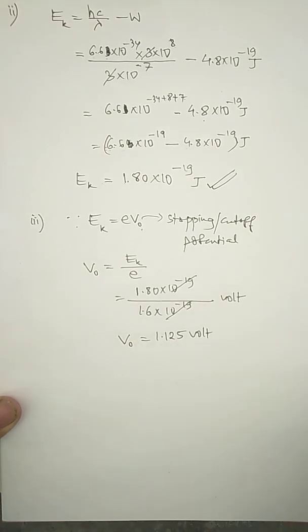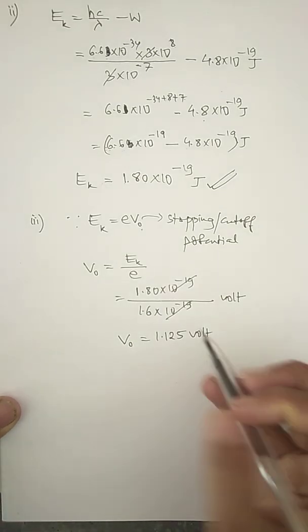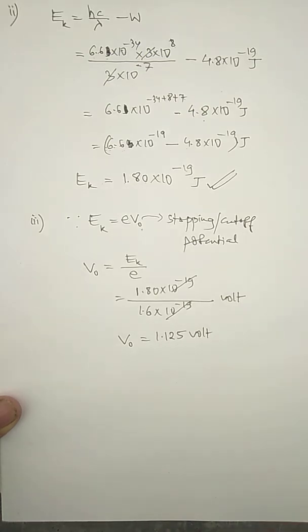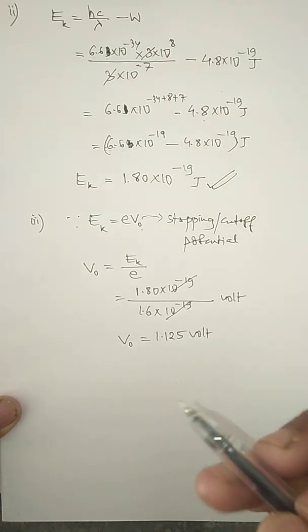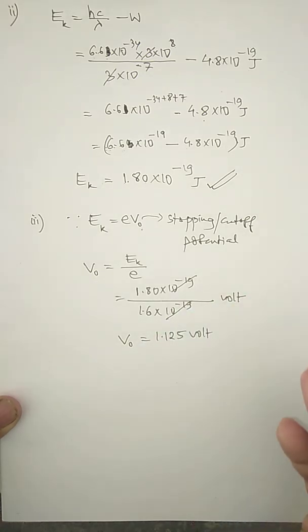So what is the stopping potential, that stops the photoelectrons? That is 1.125 volt. But children, remember, this stopping potential is actually the negative potential applied to plate P2 with respect to plate P1, so that no photoelectric current can pass through the circuit. No photoelectric current means no emission of photoelectrons. So this is the stopping potential. I have explained problem number 5 in detail. Now we solve the last numerical problem, number 6, and with that numerical problem your chapter on photoelectric effect gets completed. Problem number 6 we do in the next YouTube video.